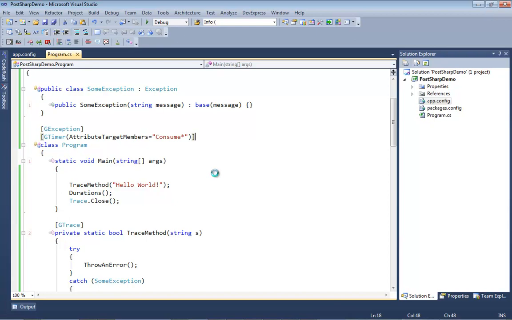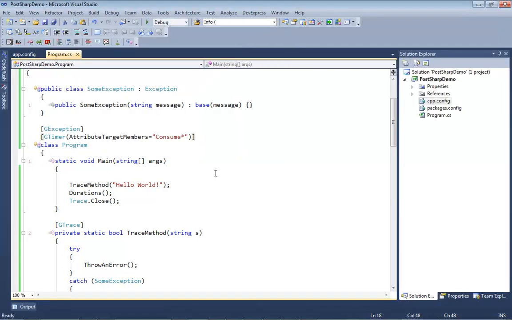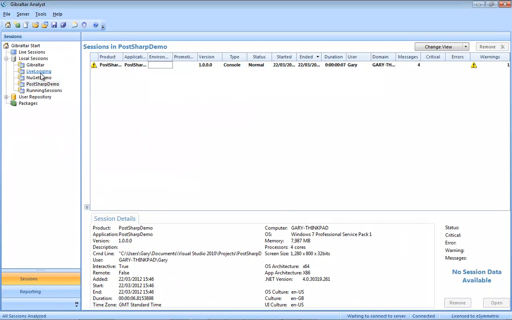So let's run that now. Then I'll go to work. These functions will be called a random number of times and will take a random amount of time to complete. And there it's finished. So if we go down here now and open up Gibraltar Analyst, we can see in the local sessions under the PostSharp demo, which was the name of the application that I created, we do actually have a session in here. So if we open that up,